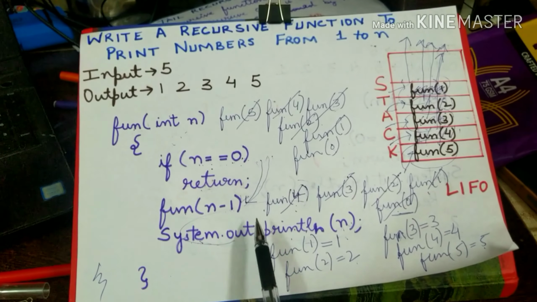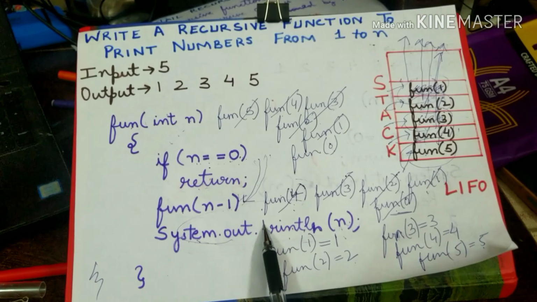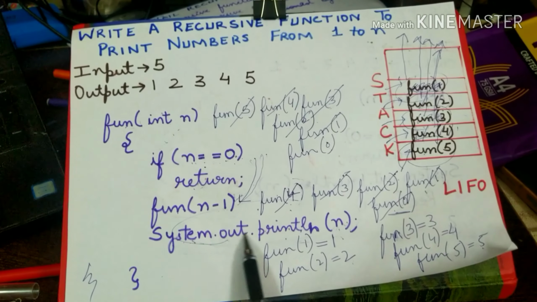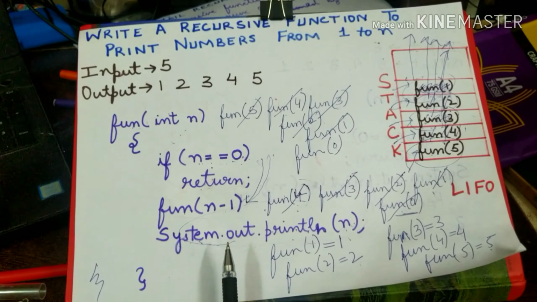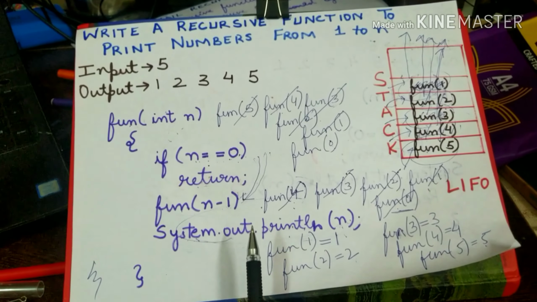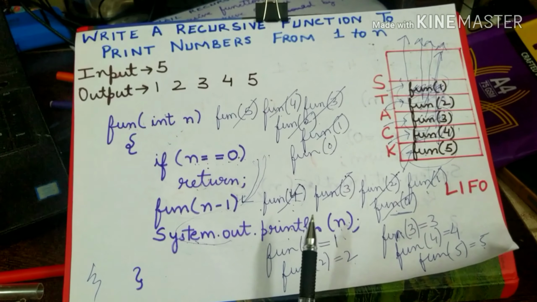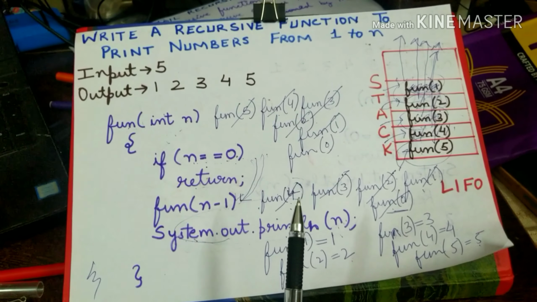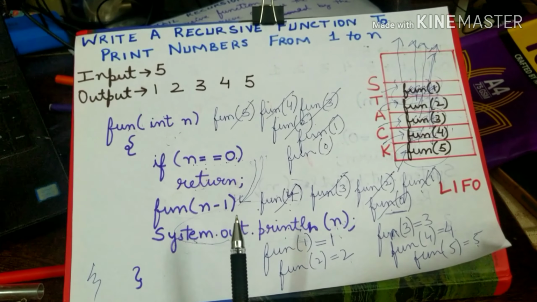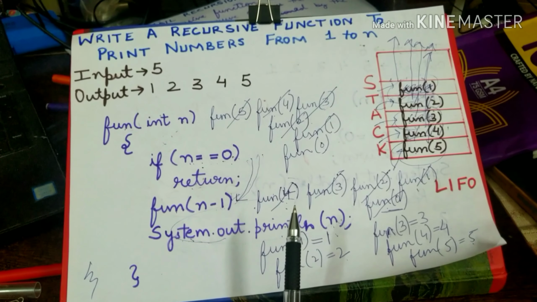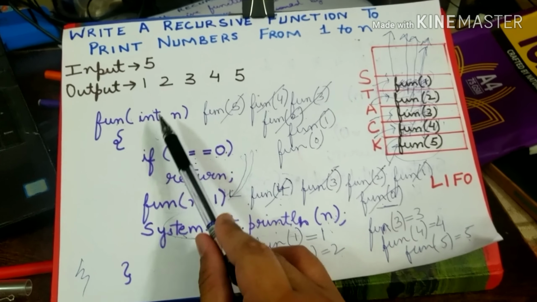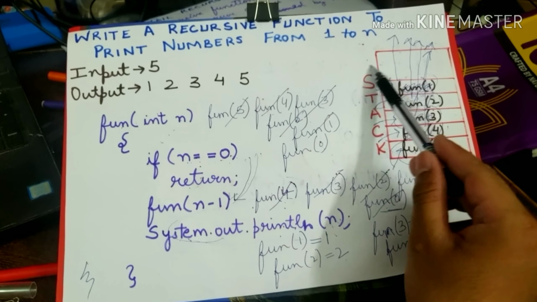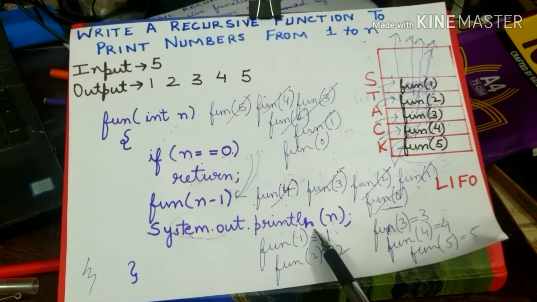Non-tail recursion is a recursion in which the last thing is not a method call. So thus we conclude that tail recursion is much better than non-tail recursion, because tail recursion is much easier to understand and implement, whereas in non-tail recursion we need to use the stack, which makes it difficult.